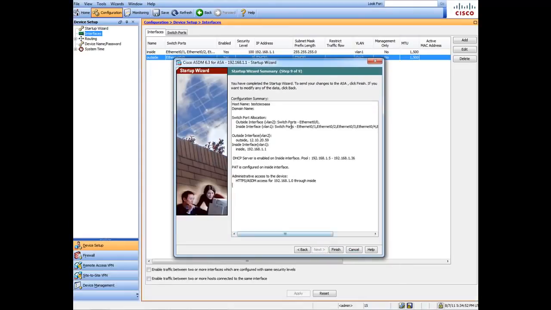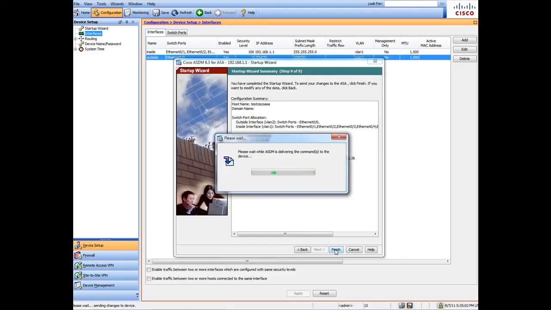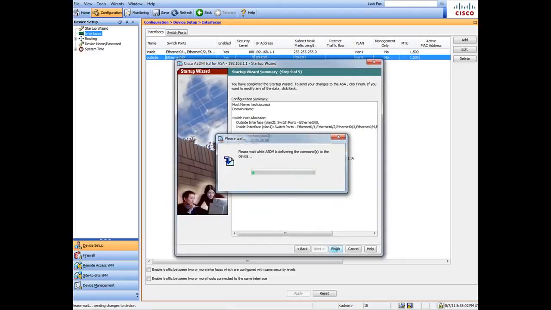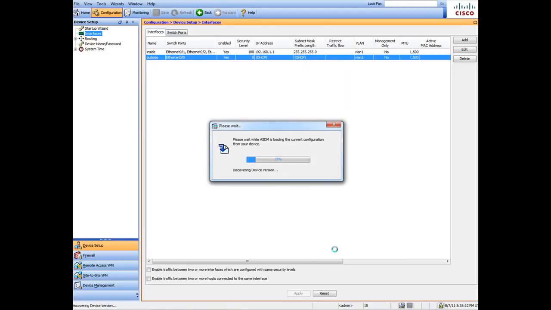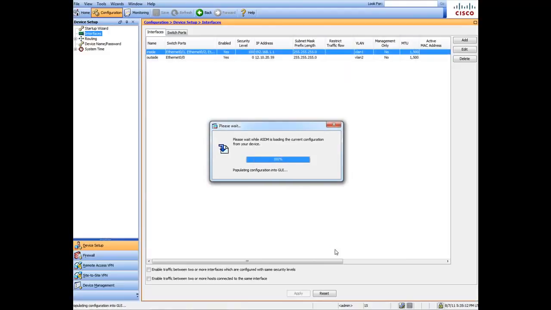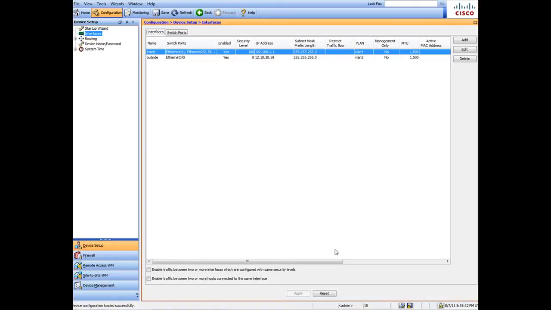We'll hit Next. Here it tells you the overview. Make sure everything's set up. It is. Hit Finish. It's going to go ahead and save this to the running config, and may or may not reboot the machine. In our case, because everything is set as is, we didn't really make any changes. As you saw here, see how it changed the outside to the IP address we specified,